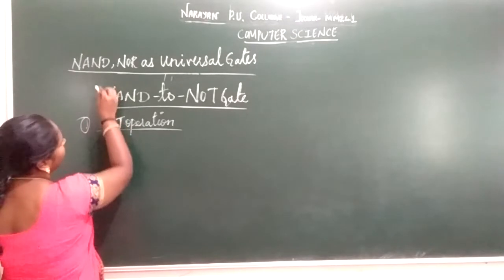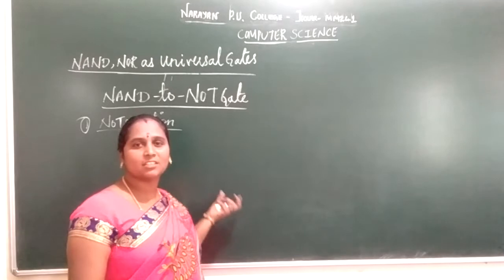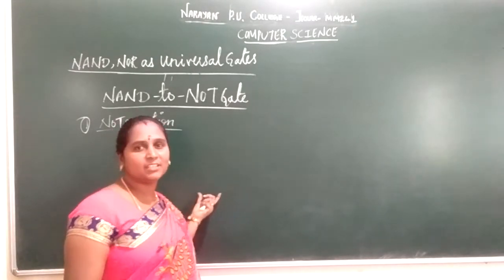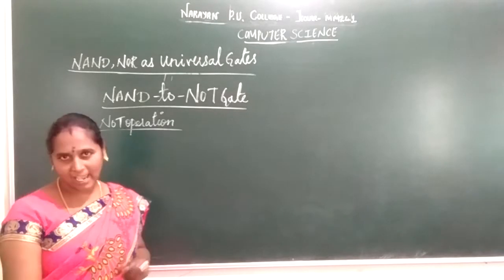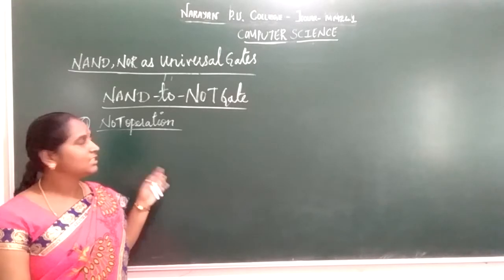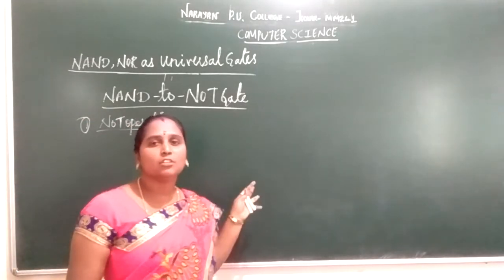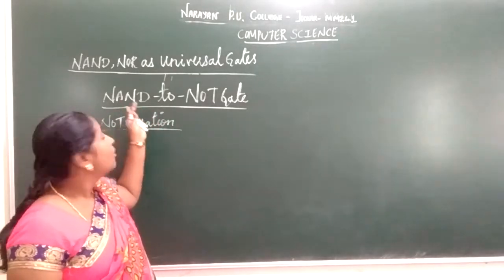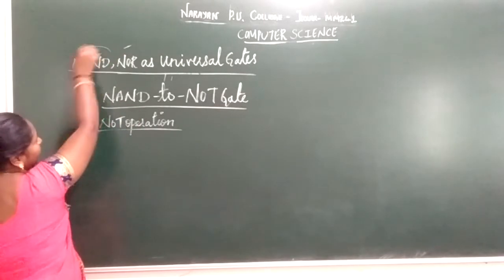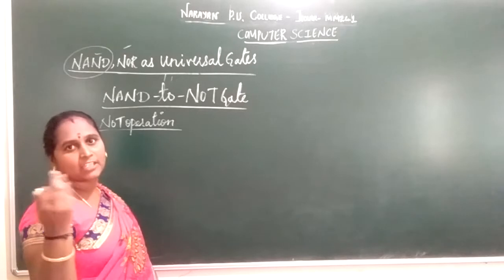I have already discussed what a universal gate is: a gate with which you design the basic gates. What are the basic gates? NOT gate, AND gate and OR gate are designed with the help of universal gates. A universal gate is very less expensive and it is easier to design the logic circuits, so it is called the universal gate. What are the universal gates? NAND and NOR. First we are going to see how, with the help of the NAND gate, we build the basic gates: your NOT gate, AND gate and OR gate.